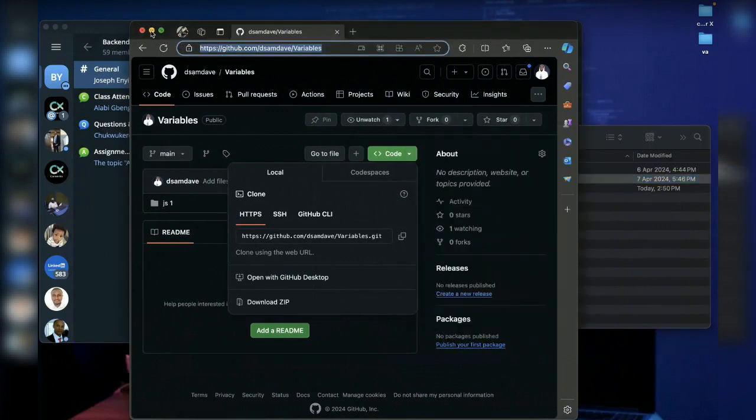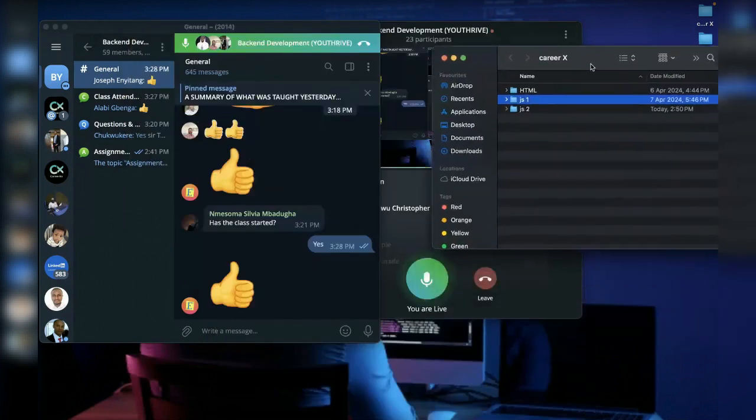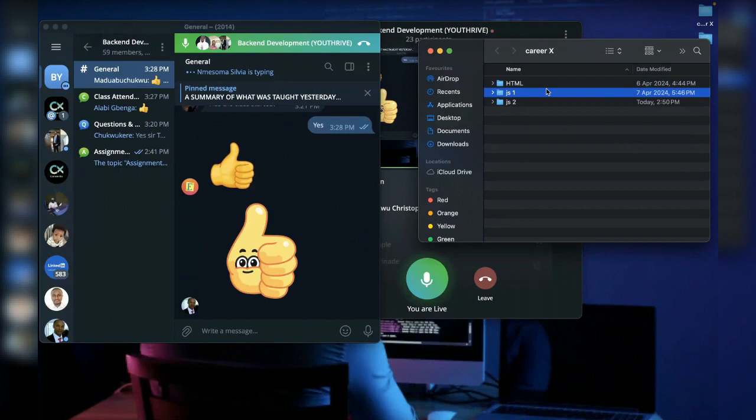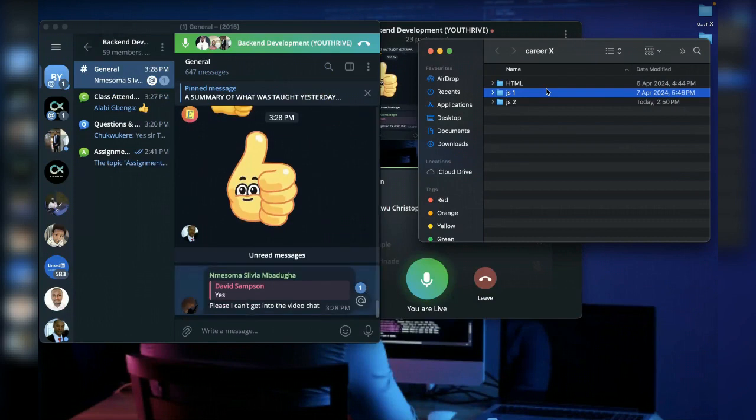Now, the class for today, we're still continuing on JavaScript, because the moment you understand JavaScript, you understand 80% of backend. Now, backend is running on Node.js, so if you understand JavaScript, which is backend,